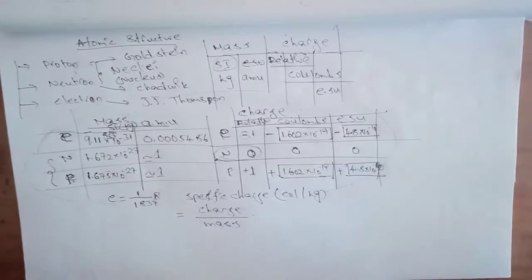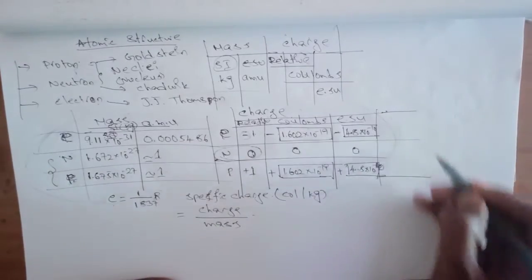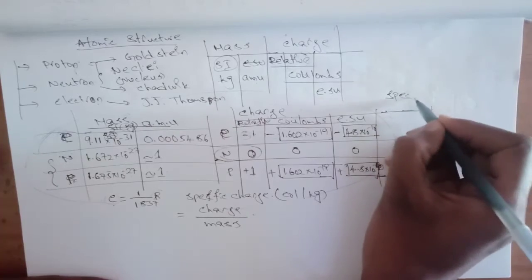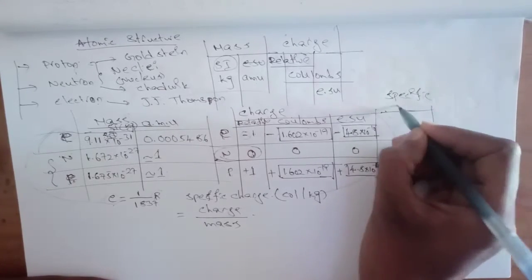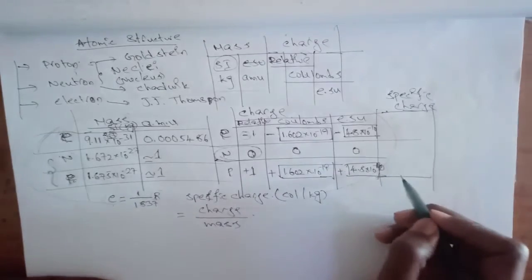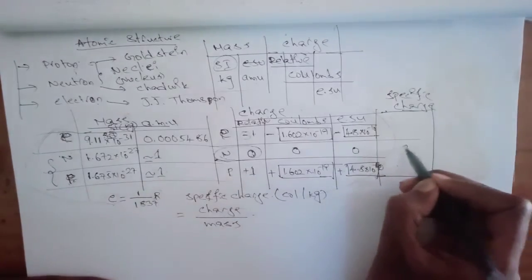So if we consider this thing also, the specific charge of neutron is 0,